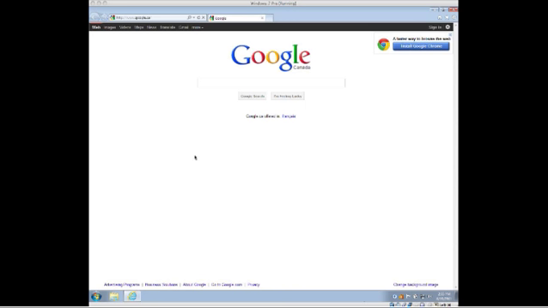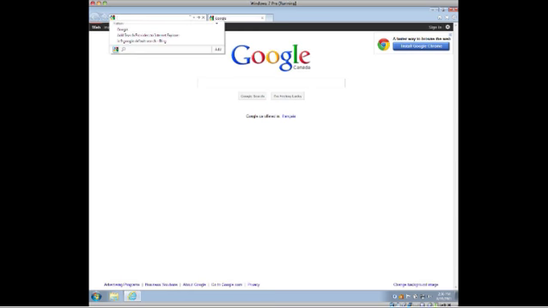So, first thing we're going to go over is on the left hand side, you can see there is a large back button followed by a smaller forward button. Then here you have the URL box with a little magnifying glass that shows the search right here. So when you click on the magnifying glass, it turns the URL bar into a search bar,